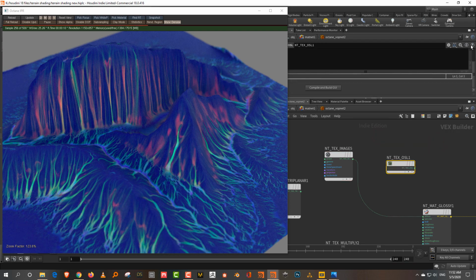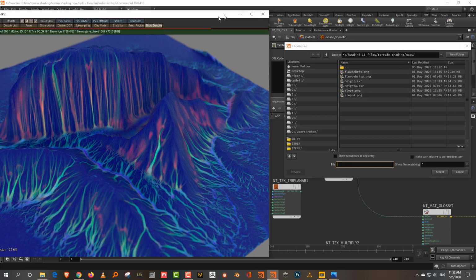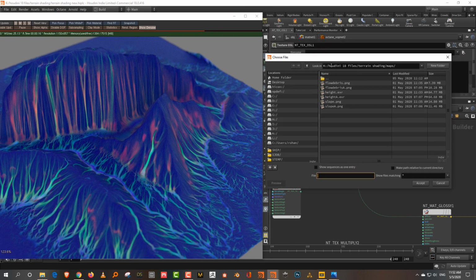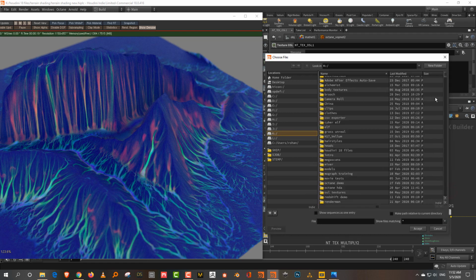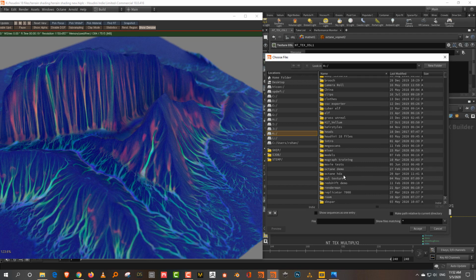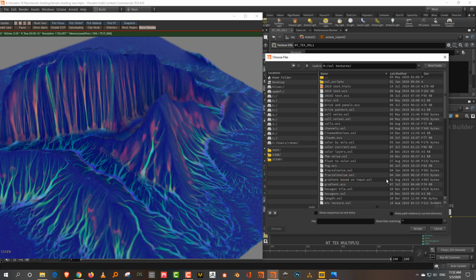So take a texture OSL. A lot of the stuff that you can do now is simply because Octane has OSL. It's sort of like the way with Houdini you have Vex. So a lot of the crazy stuff you can do with Houdini is simply because you have access to Vex and VOPs. It's the same thing with Octane now. You have a ton of OSL available, so you can just sort of use that.